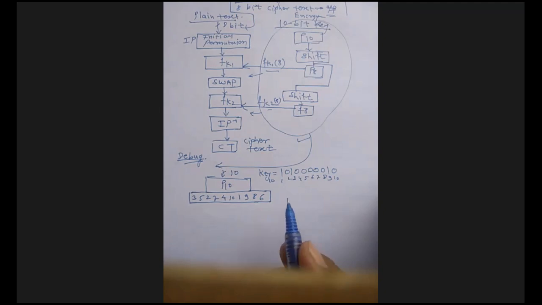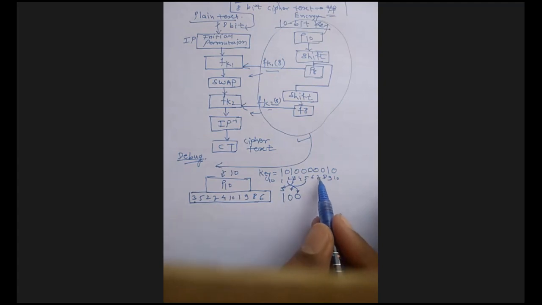So how can you perform it here? The first number is 3. What is the value at position 3? It is 1, so 1 goes over here. Now the second number is 5. What is the value at position 5? It is 0. Now 2. What is the value at position 2? It is 0. Then what is the value of 7? 7 is 0, so that comes over here.